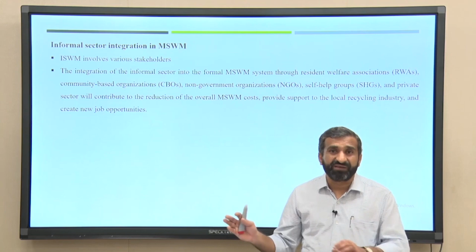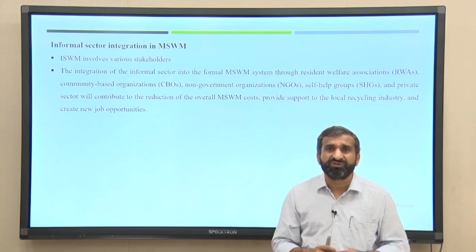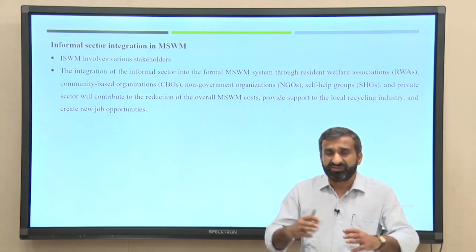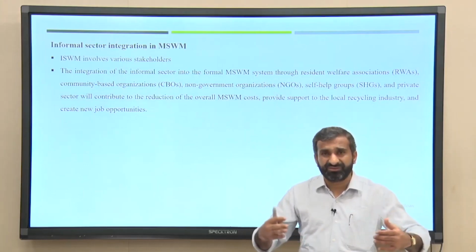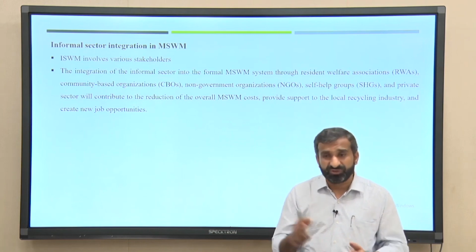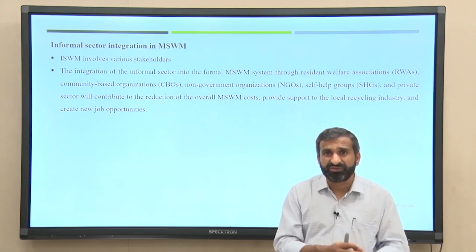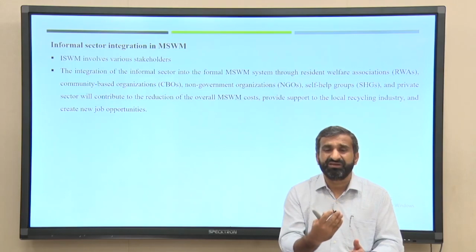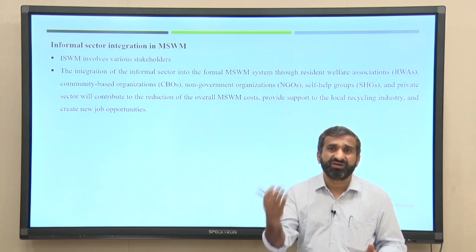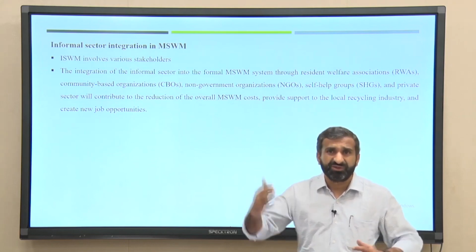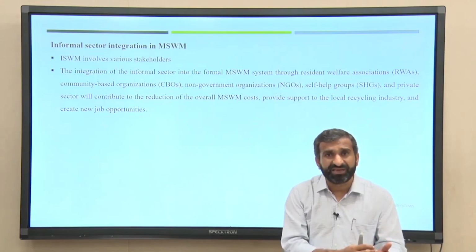Second, the rag pickers. We have a huge population of rag pickers in the city. There are a number of NGOs working, CBOs working, and self-help groups. So, they also need to be brought into these kinds of programs. I personally believe NGOs are also big groups. Why not accept these NGOs in the primary collection? Maybe they can't go for treatment and disposal facilities, because that is a very big task for them, but at least for primary collection they can help.